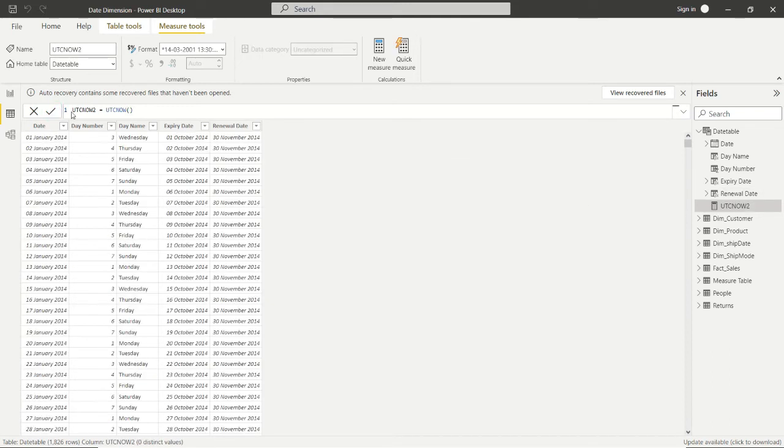We'll see its value when we move to the visual page, the dashboard page.